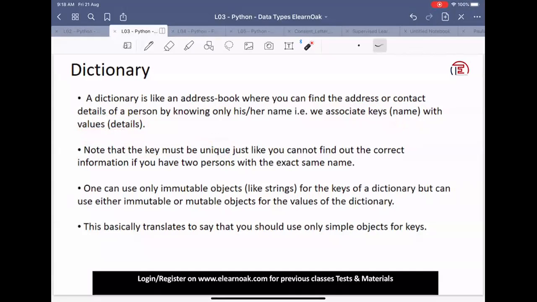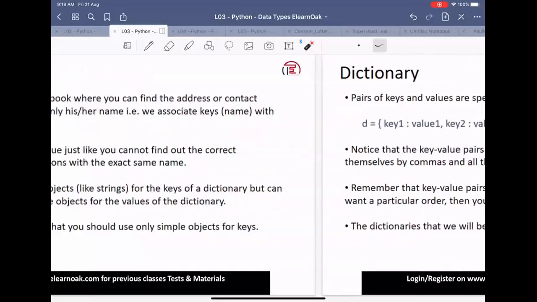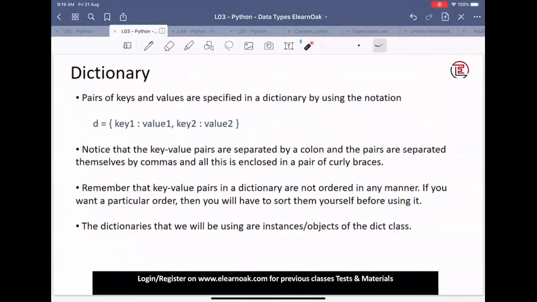You cannot have copies of multiple keys which look exactly the same. Your key should only be immutable objects like strings. You cannot use mutable objects as keys, which basically means that our keys should be simple objects. Okay, all of this is boring. Let me come back to examples that make more sense.